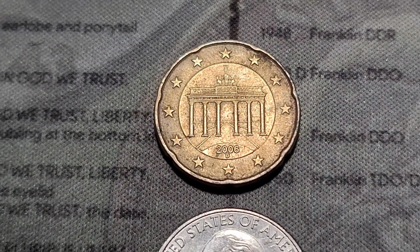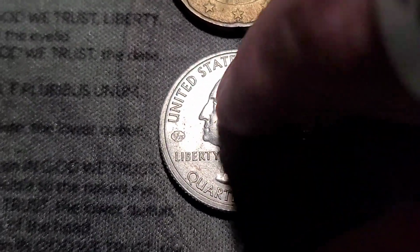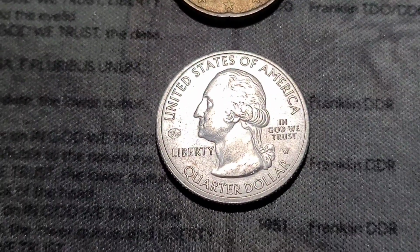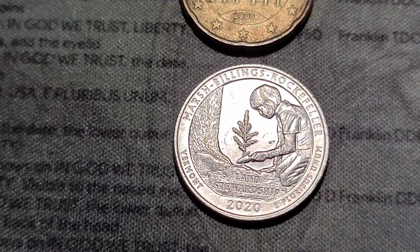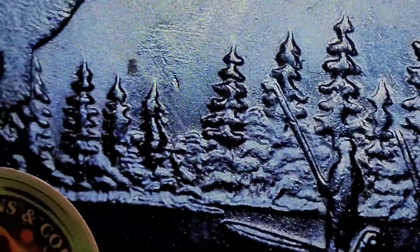2006 with a D mint mark. We had our W, V75, Marsh Billings, which looks like it has a, what is this, a misaligned die. I think it's normal on this side. Yep, a misaligned die. And we have an extra tree